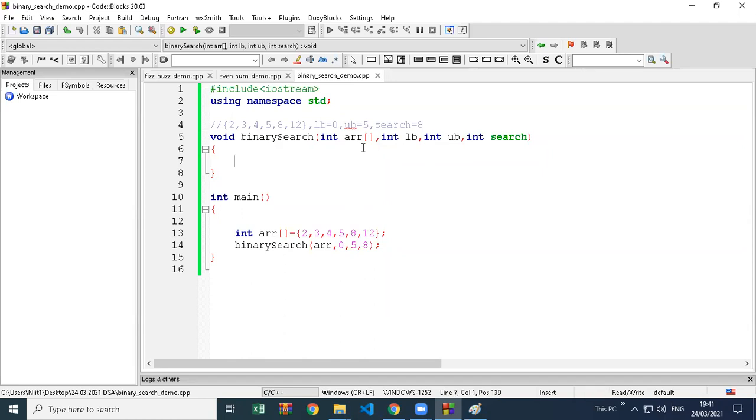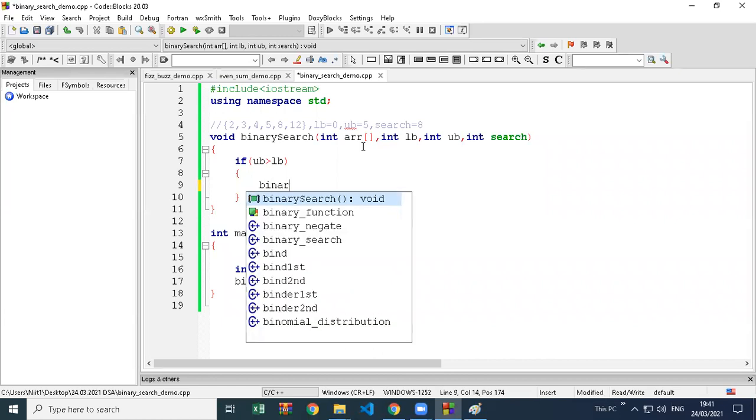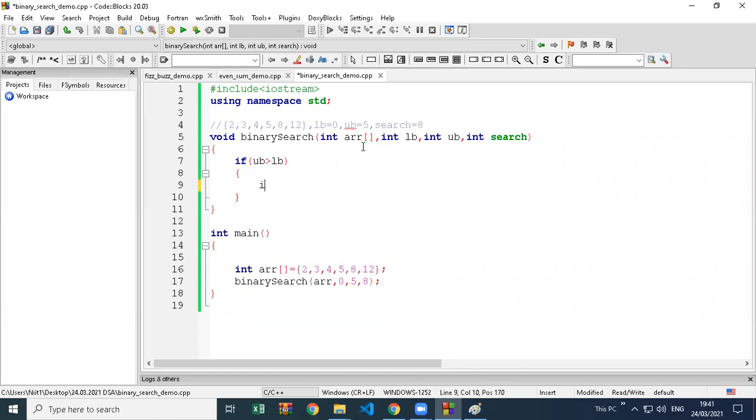Okay, so now I will write the code first. Simple, I told you 4-5 lines, I think it is. But it has a recursion, repetition. So first of all, upper bound should be greater than lower bound always. And then I will just calculate one middle value.